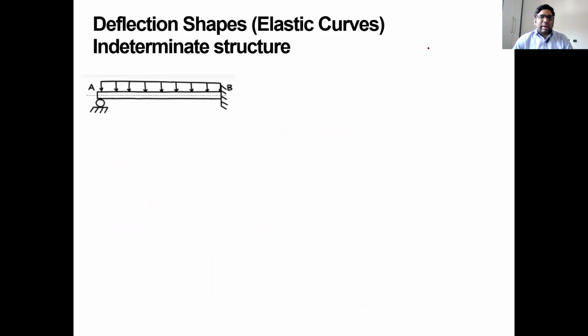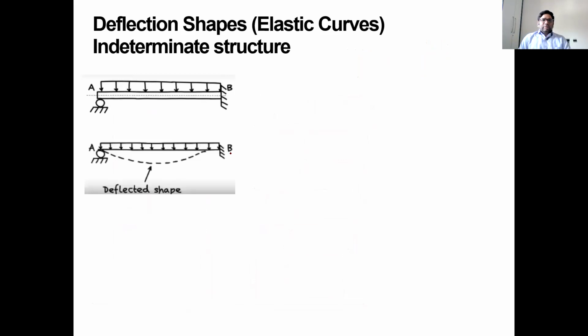Then you can see now how a deflected shape would look like. This is a propped cantilever, because one end is fixed and one end is roller. You can see here a fixed support will not have any deflection. That's why the dotted line will start at a distance. But a roller will have some rotation. So whenever you have a fixed support, I will show it to you. See here, if both ends are fixed, we need to do it like this.